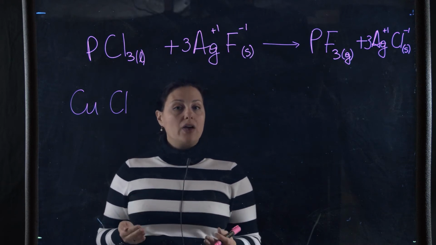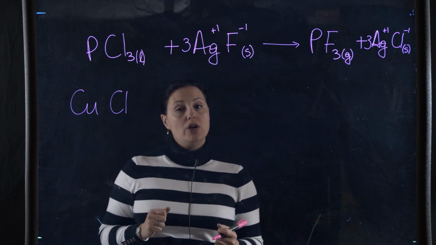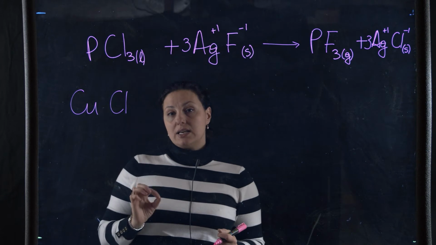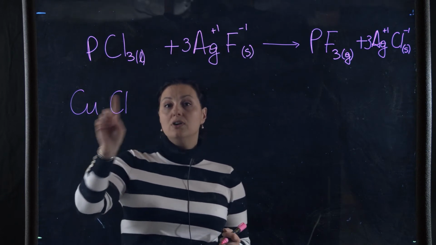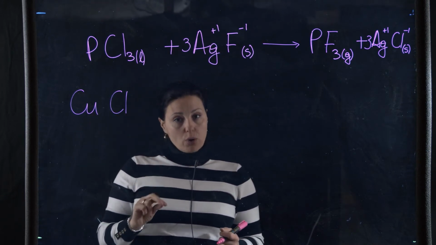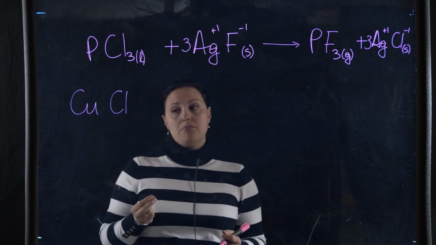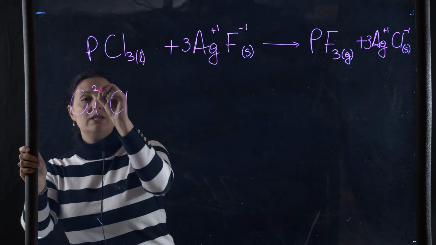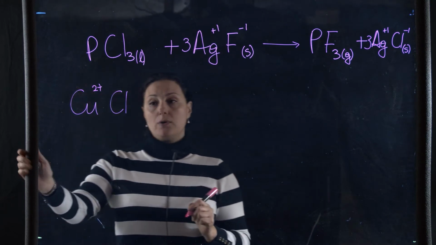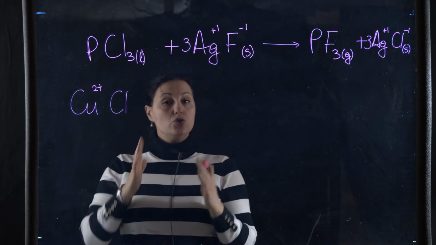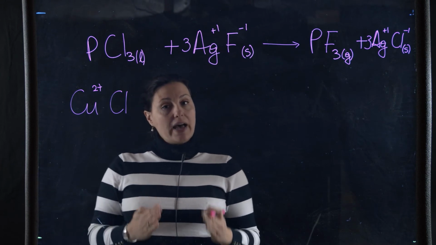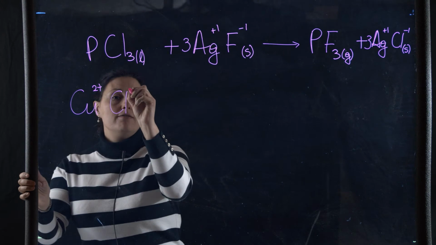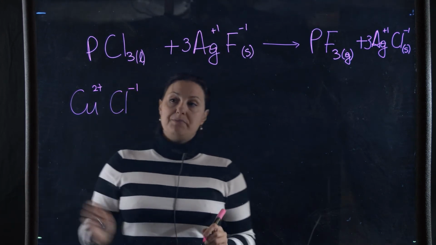It can form an ion with more than one charge. That 2 in the parentheses tells me that it is copper 2+. So the Roman numeral tells you the charge on the metal. Copper 2 tells me that there is a 2+ charge on the copper. Chlorine is a group 7. Group 7 ions are always -1, always. Therefore, chlorine will always be -1.